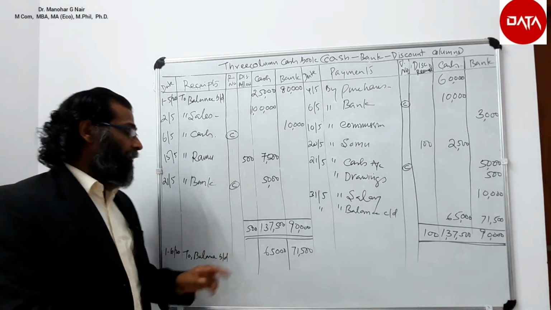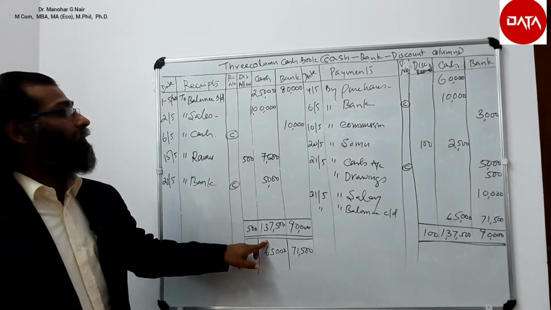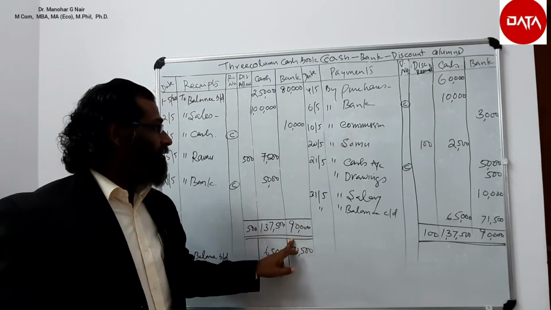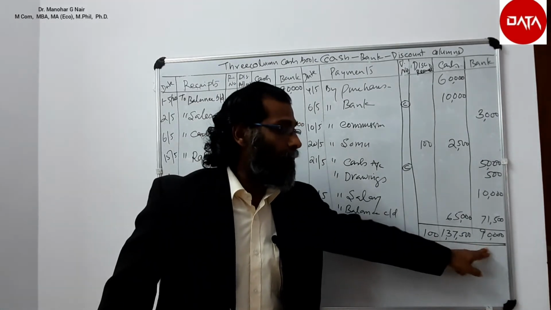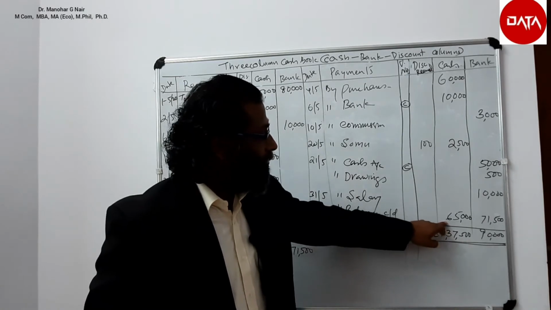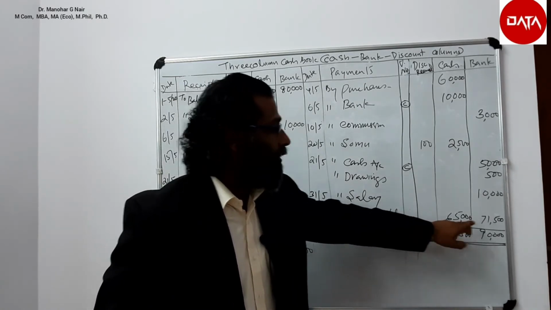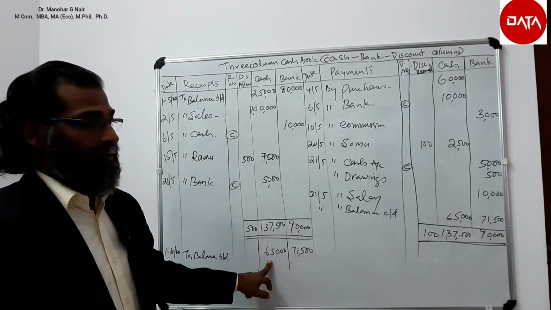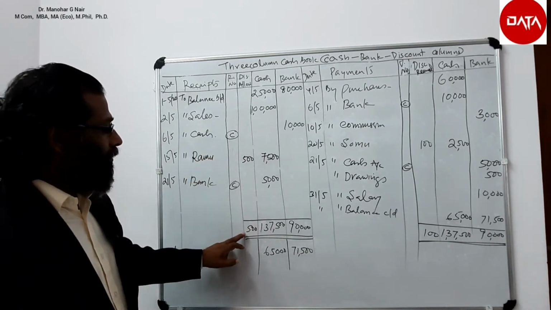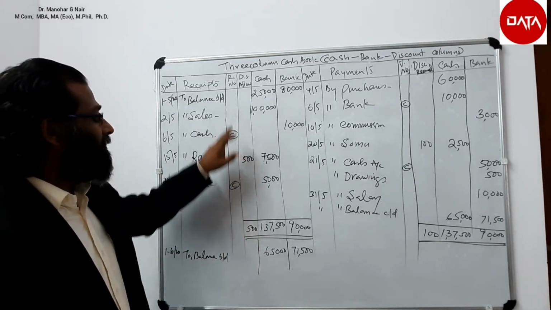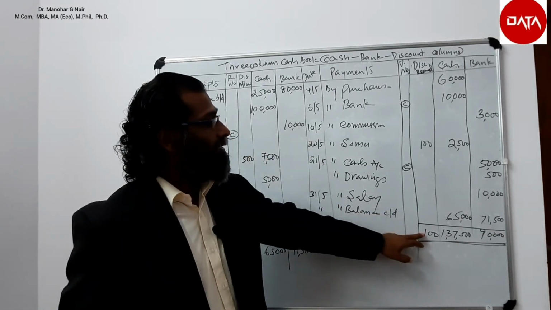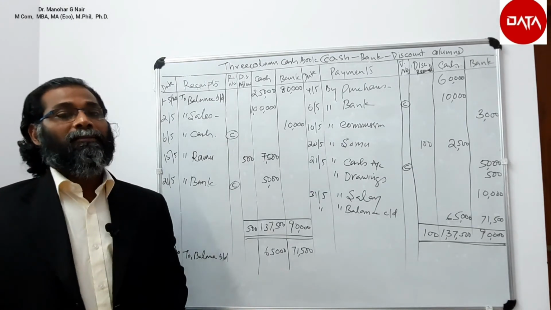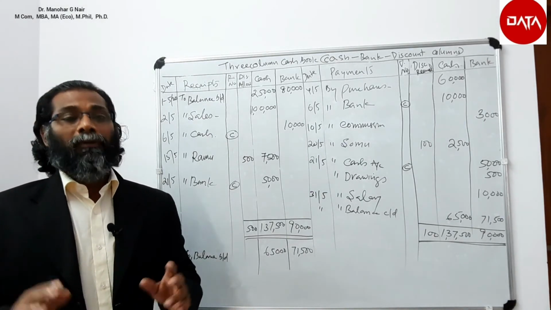So when we totaled, we got 1,37,500 in the cash column, that is written here. Similarly 90,000 for the bank column, that we wrote here. And when we balance, we got a difference of 65,000 in the cash column and 71,500 in the bank column. That we brought down to the opposite side. And the discount allowed column, we just total it. This discount allowed is 500 and discount received is 100. That value we have to transfer to the discount allowed account and discount received account respectively for that particular period.